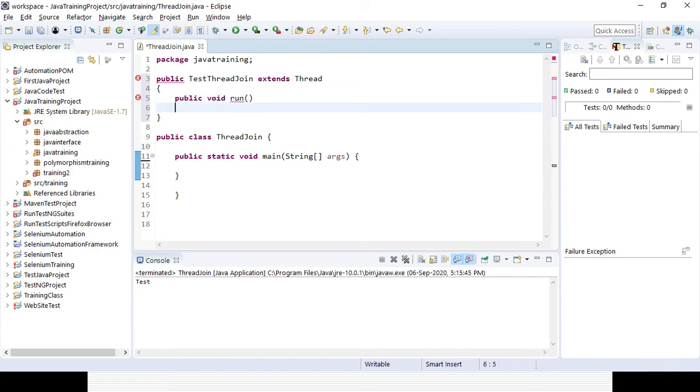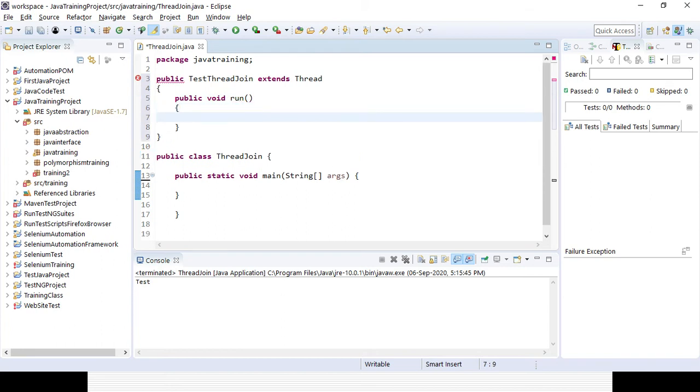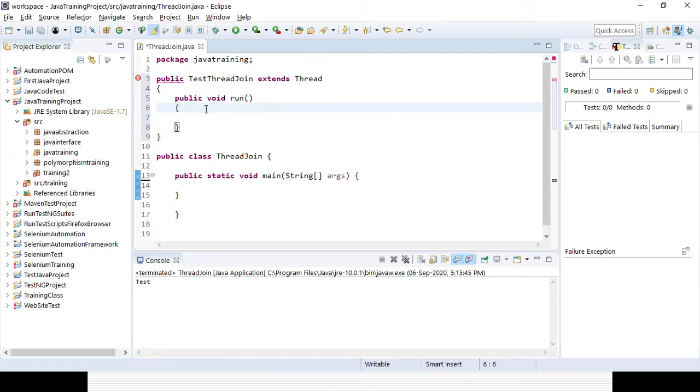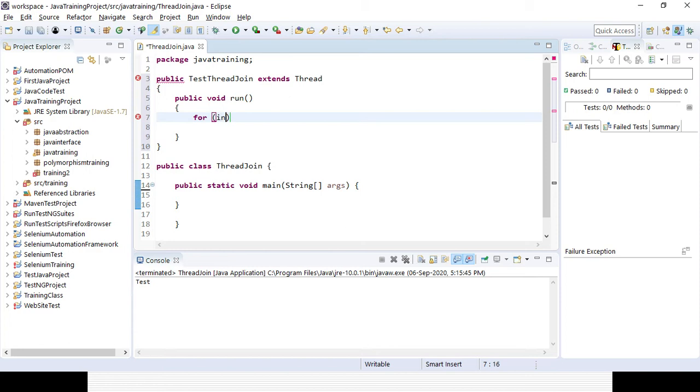Here I want to use a for loop, say for integer i equal to 1. I will start with 1 and go till 5, i less than or equal to 5, i plus plus.